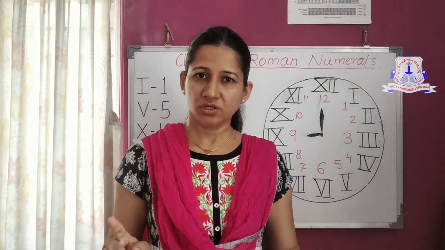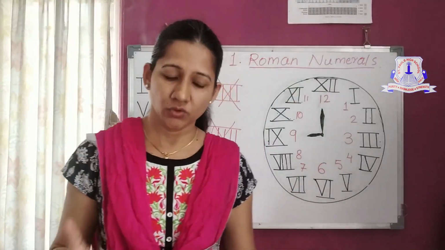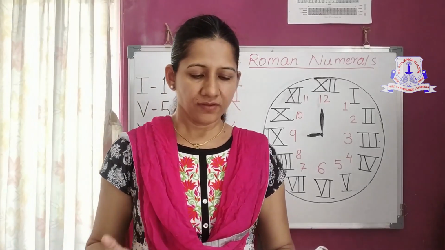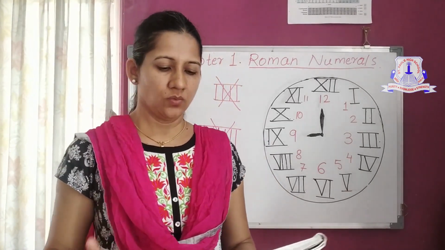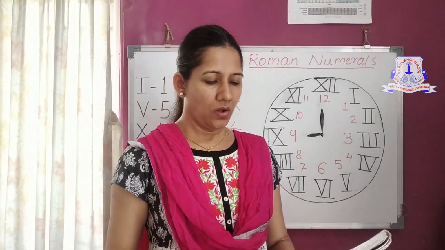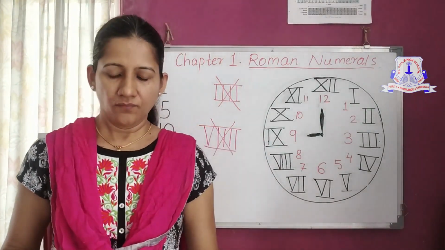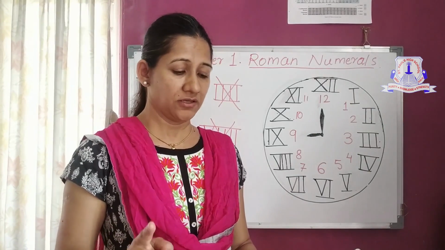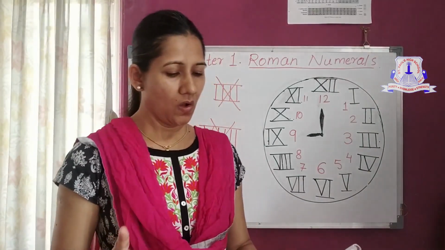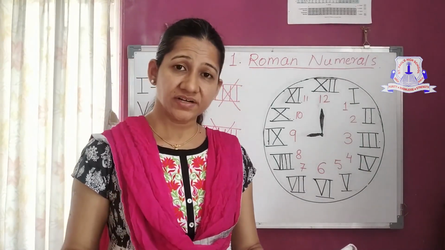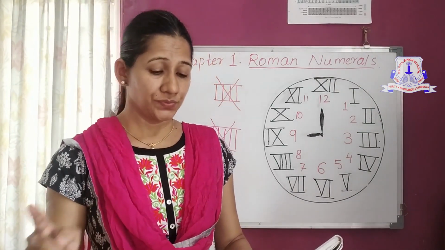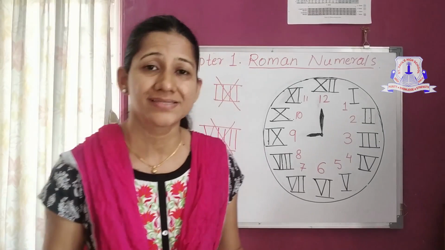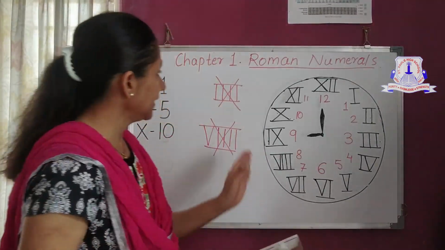As per the rules, which we will be studying to write the Roman numerals, rule 1 says, if either of the symbols I or X is used, the letter I is used to represent 1. So either of the symbols I or X is written consecutively 2 or 3 times. That word consecutively means one after the other.